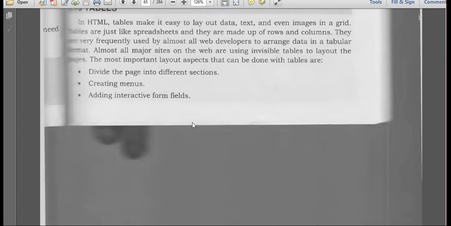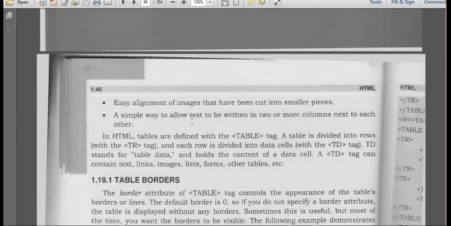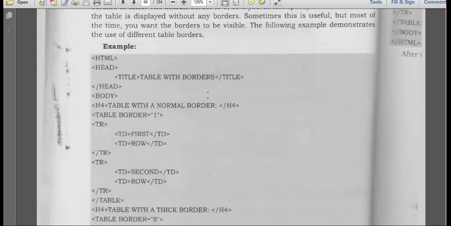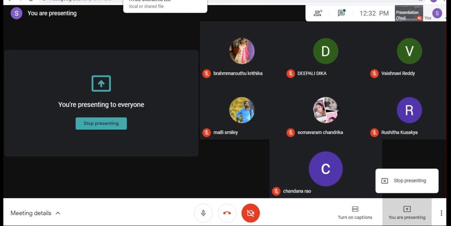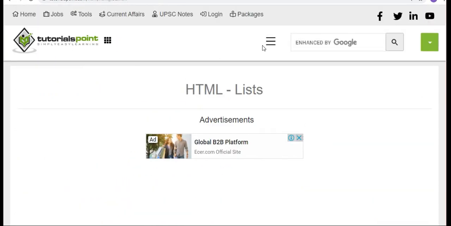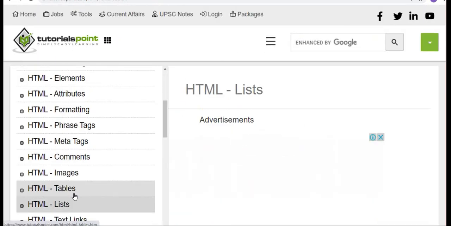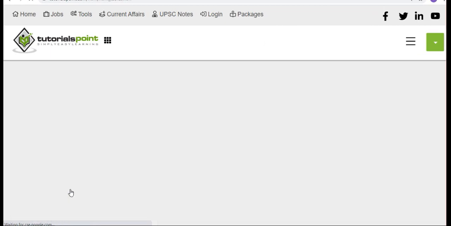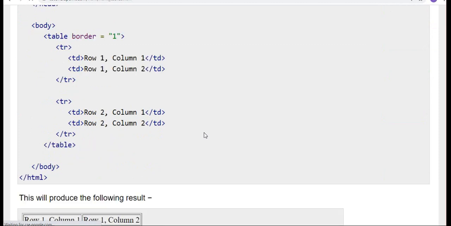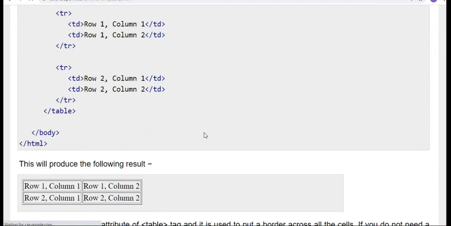How to create a table. For that we have the table tag, and every table will have rows and columns.